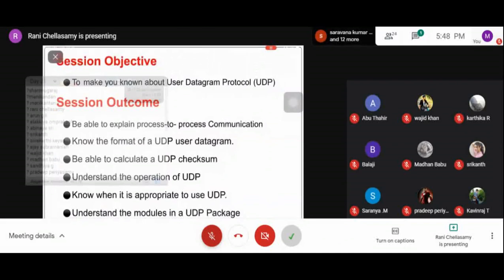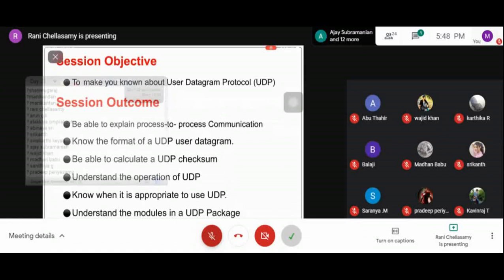The outcome of this session is that students will be able to explain how process to process communication is going on, know the format of a UDP user datagram, and be able to calculate the UDP checksum.